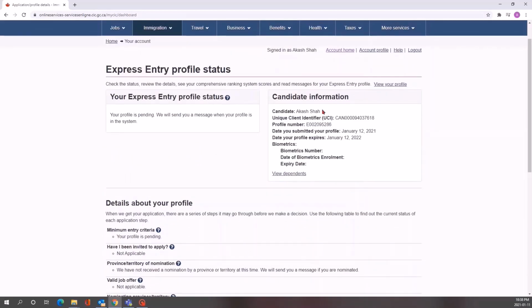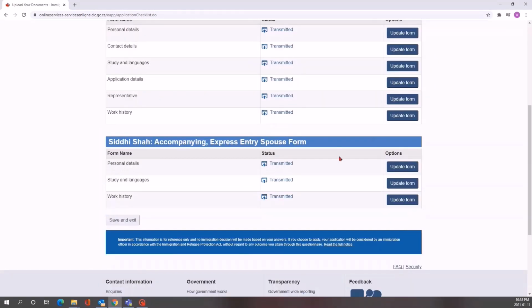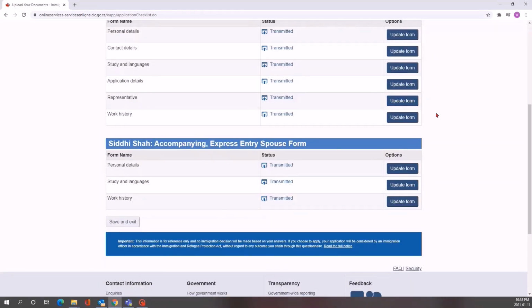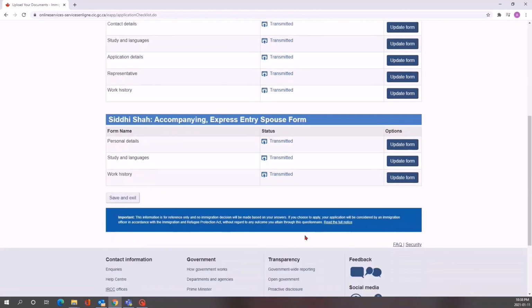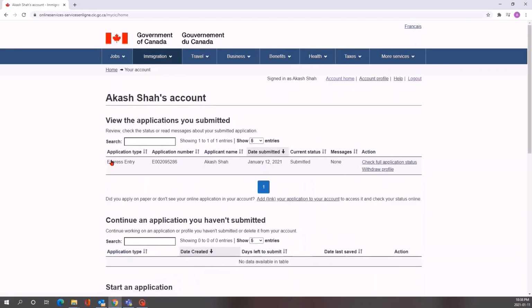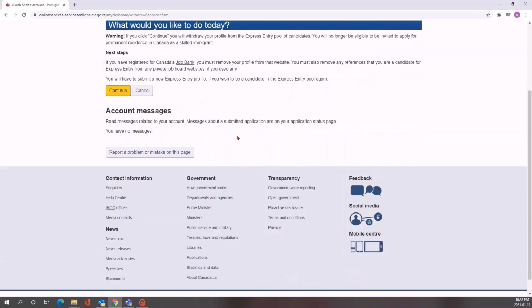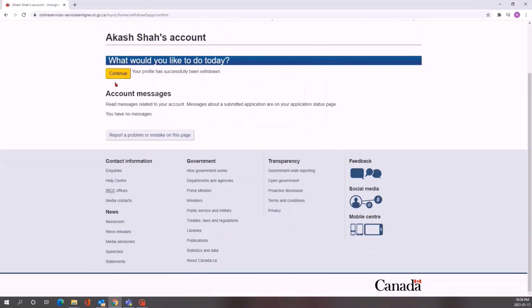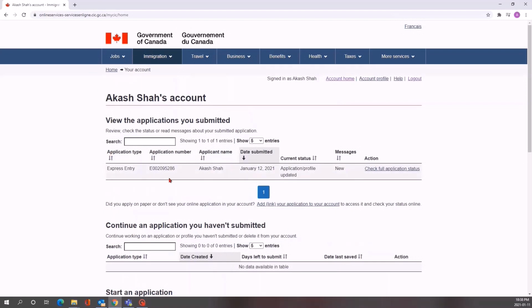Now select view profile. Here you can update your forms and information, and then make sure that you save and exit and continue. I have created this profile for video purpose, so I am withdrawing my profile right now. Now my profile has been withdrawn, but I can check the application status, so I'm going to select application status.